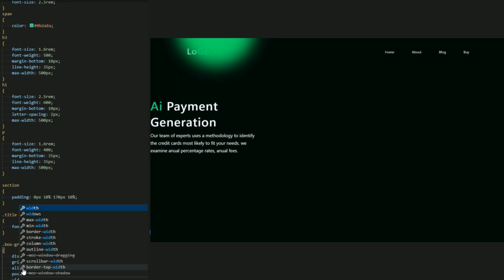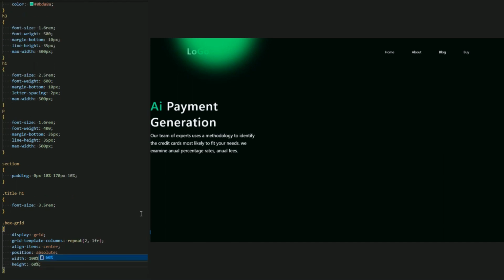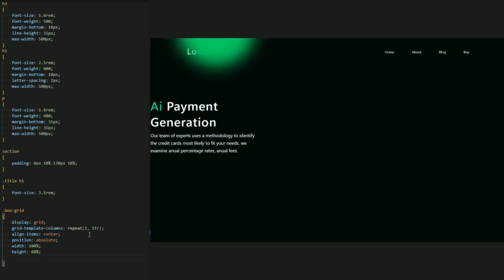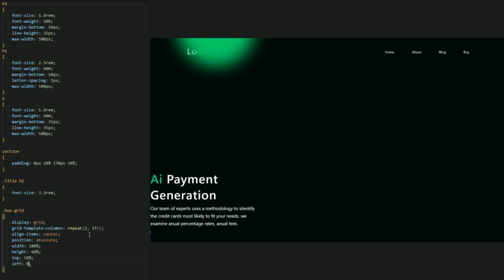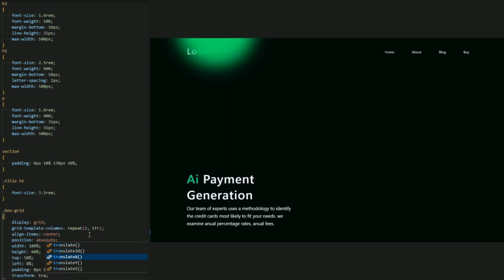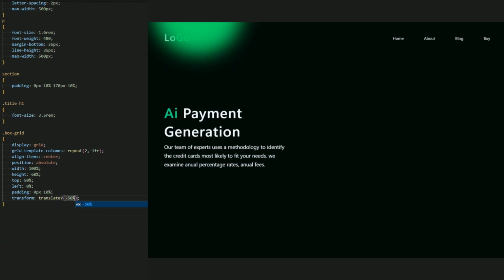Let's set the width 100% and the height 60% to create this circle. Now let me add top 50% to be centered, left 0%, padding 0 pixel 10%, and transform translateY minus 50%. And now this is centered. Here we go. This is the box grid.